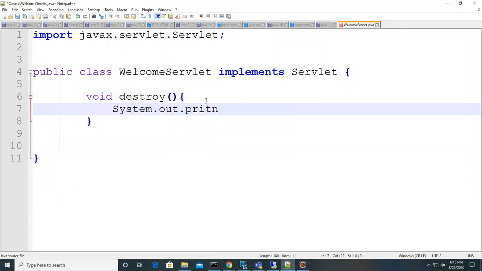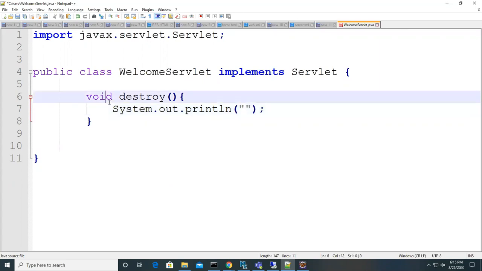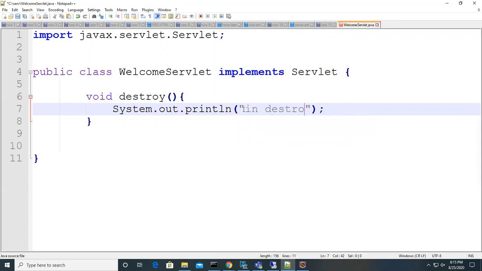System.out.println. So what is the use of this System.out.println, guys? It displays some message. If that is executed, that message will be displayed. Just for confirmation, I'm making that. But generally, we don't keep it like this, right? We will provide some logic there. But just to first understand the flow. After that, what kind of logic we can keep there and how to do it, we will learn. I'm just printing the message "called in destroy".